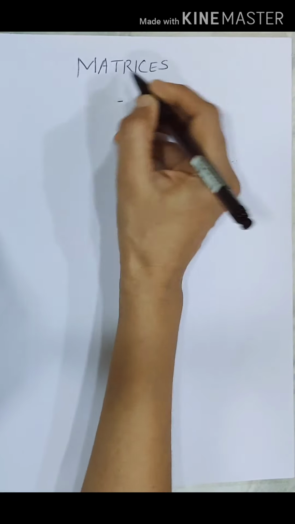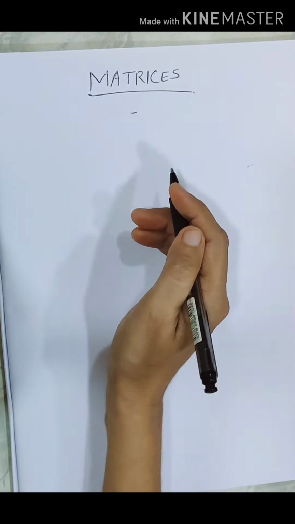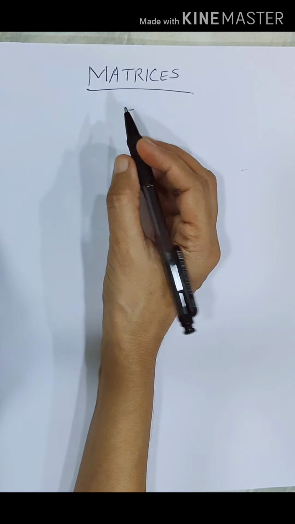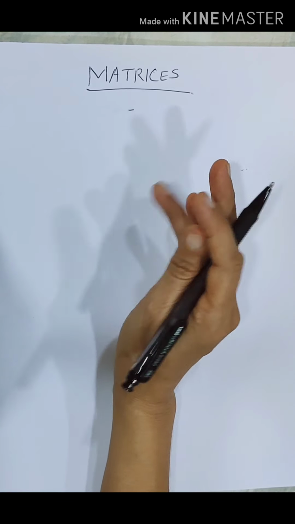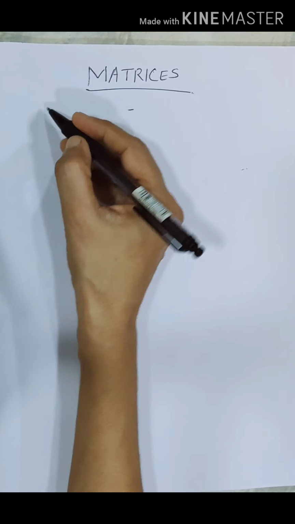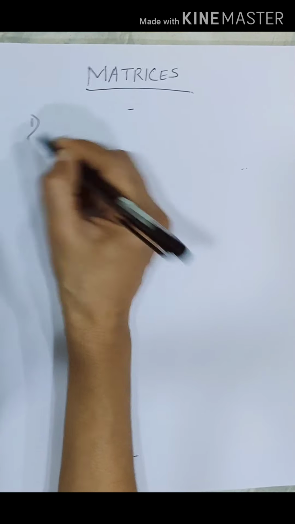Matrices. Today we'll see how to find the inverse using row transformations, column transformations, and the adjoint method. So we want to find the inverse of